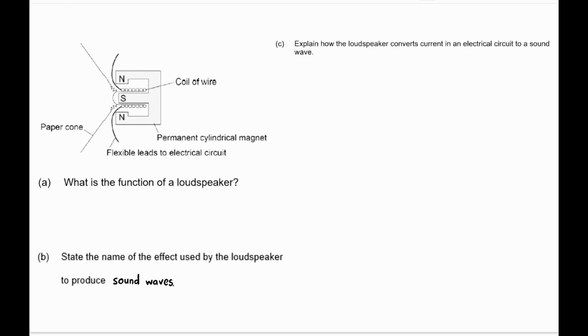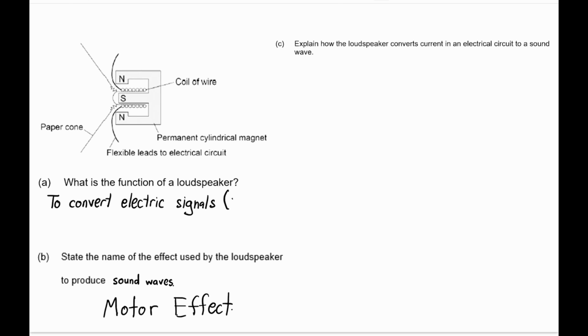Okay. The question doesn't explicitly state that the loudspeaker is connected to a power supply, and instead it just mentions an electric circuit. Therefore, to name the effect used by the loudspeaker, you need to remember that a loudspeaker relies on the motor effect in order to produce motion from an electric current. When describing the function of a loudspeaker, we are going to include the definition of the motor effect, which is to convert electric signals, and in brackets here, we can say variations in current,